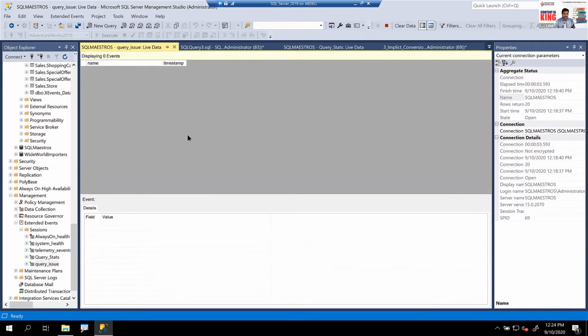So I'm going to clear that stuff. That is why it is important that you can filter on session ID and things like that. But in the real world, you may not be able to filter on session ID because it may come from anywhere, but you can filter on users, you can filter on roles. There are a lot of different ways you can filter so that only user workload gets captured. What SQL Server is running behind the scenes for its internal operations, you may not want to capture that. Anyway, this is running now.